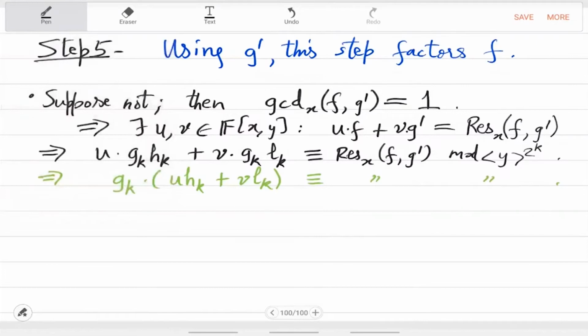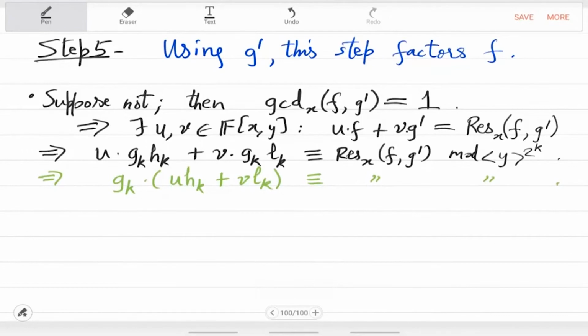Why is that a contradiction? So notice that RHS is x free, and LHS gk definitely has x, right? Because if you look at the starting point, g0 had x, and the degree of x doesn't change when you Hensel lift. So gk has x,